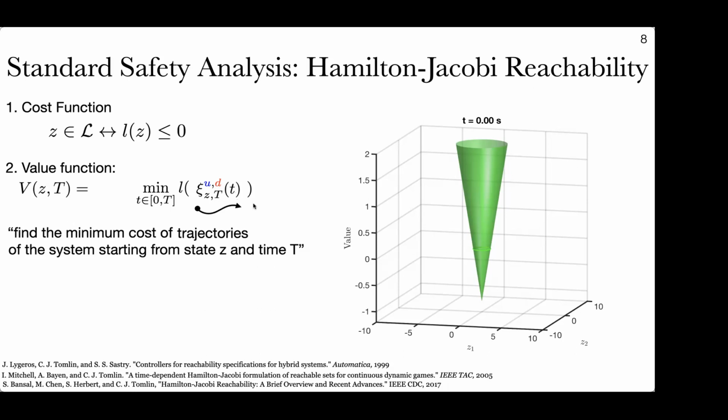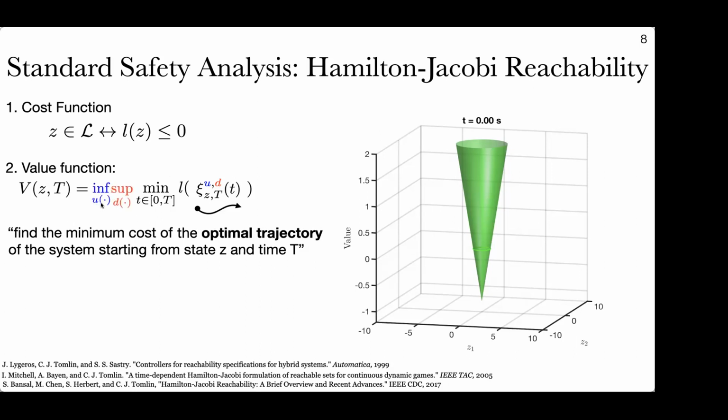Now, I don't actually have to do this for every single possible trajectory of the system. It's sufficient to look at the optimal trajectory. So if I'm doing my best to reach the goal and I still can't reach the goal, well, then all the cases in which I wasn't doing my best are also not going to reach the goal. And so I can look at the optimal trajectories and ask, will those be able to reach my goal? So for that, I put this inf sup here.